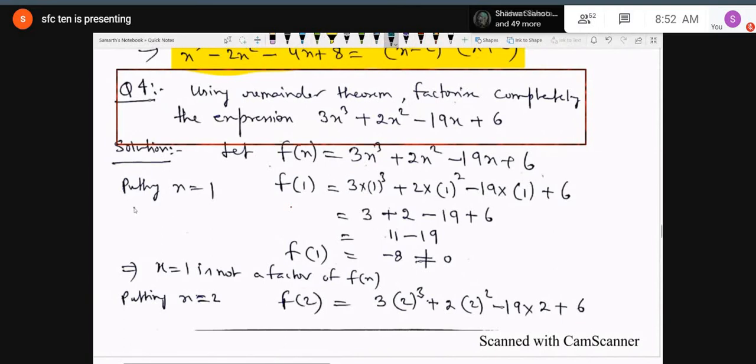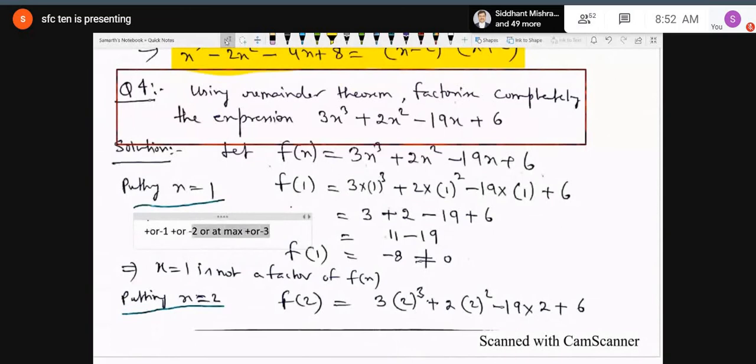But just keep in your mind that you have to substitute the value of x as plus or minus 1, plus or minus 2, plus or minus 3. That is the maximum. Okay, and don't substitute any other value in the question, because it is as per the council norms also. Otherwise, generally you can take any value. But what the council says is that they will not give a sum in which the value of x exceeds plus minus 1, plus minus 2 or plus minus 3. So just check for these values only.